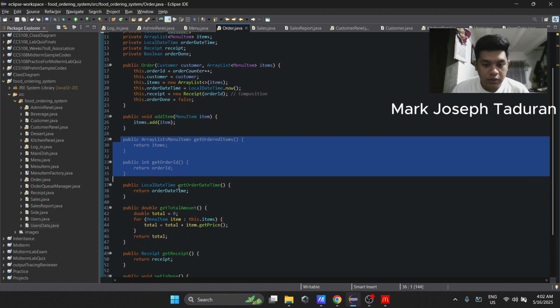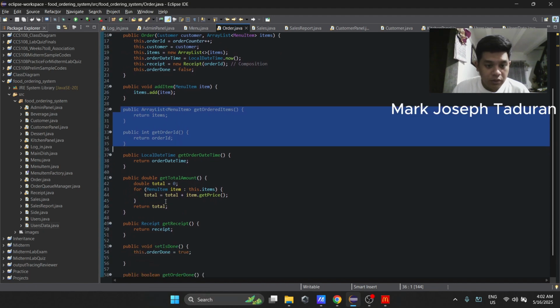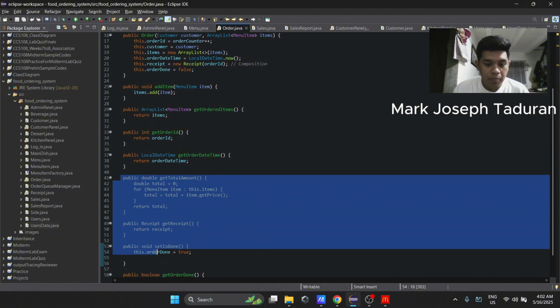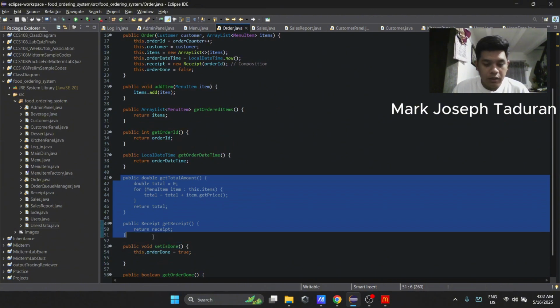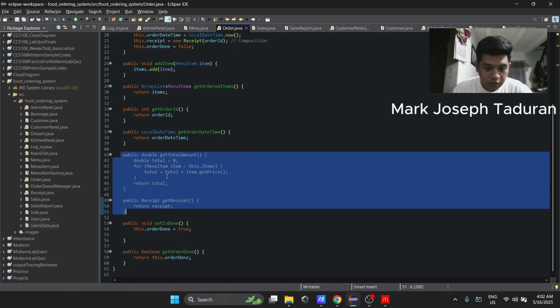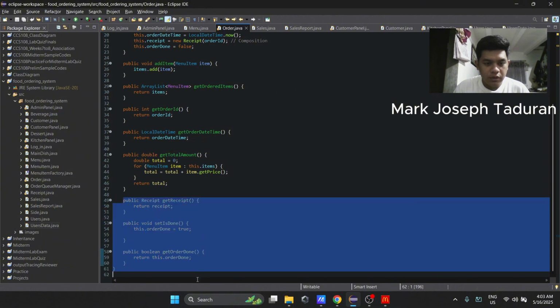This next code, this one, is the business logic, getTotalAmount. It sums each item price with a simple loop, no stream, for the sake of clarity. The next line of code is the receipt and status plumbing. getReceipt lets the UI print or preview the bill.